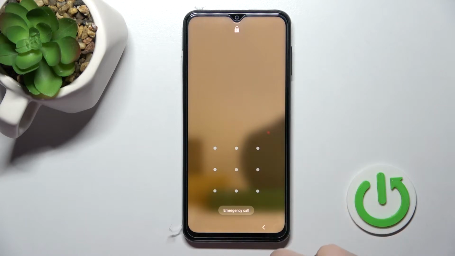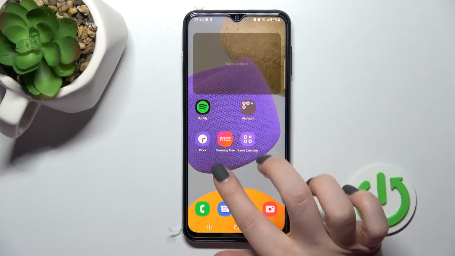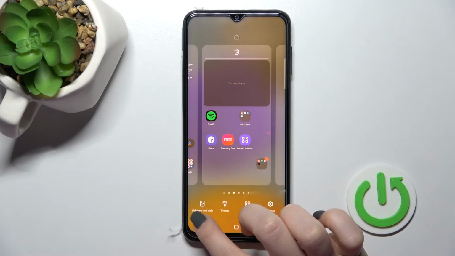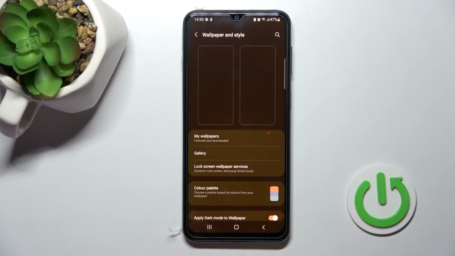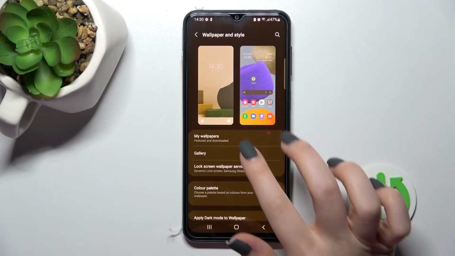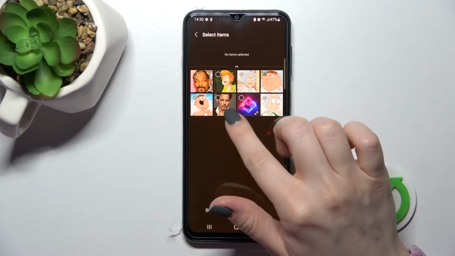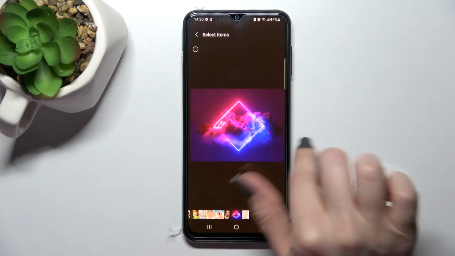And we also have a second way to do that. You should hold your home screen for a while, and here in the bottom left corner you'll see the wallpaper option. In the same way, for example, go into the gallery, click here on downloads, and here we can select one from these